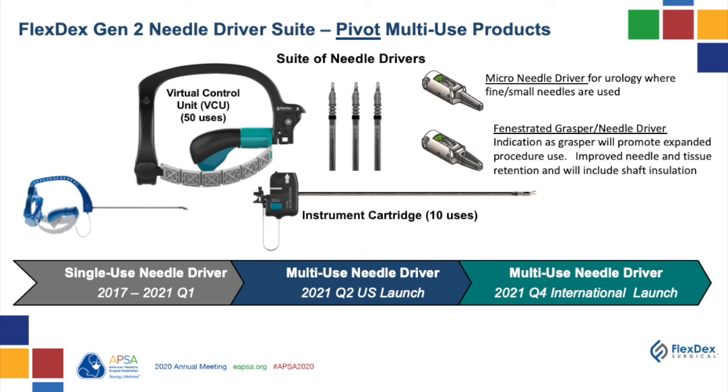So we went from single use to a multi-use reusable product, which allows us to really now bring our cost per case down into the $200 to $300 range, which is much more viable than where we were with the single use disposable product. We'll initially launch 3 needle drivers on this platform,